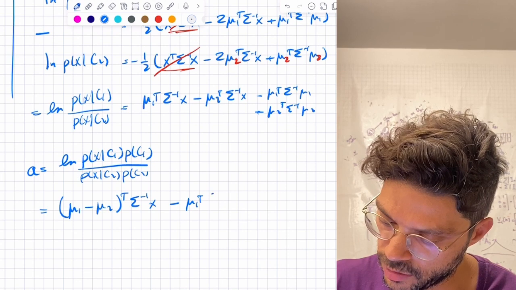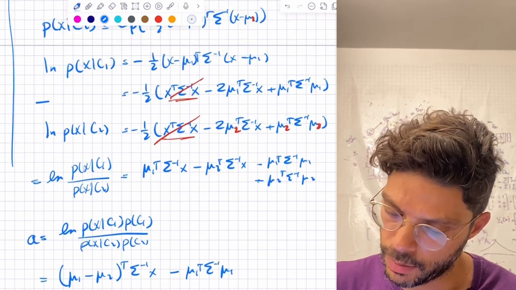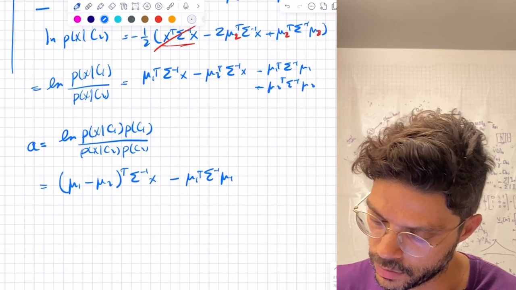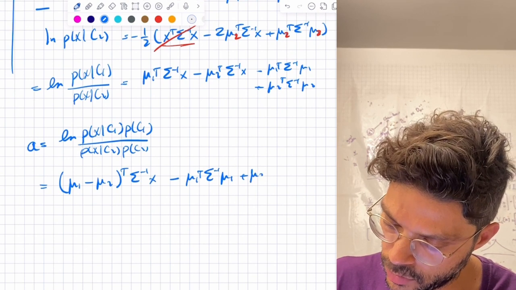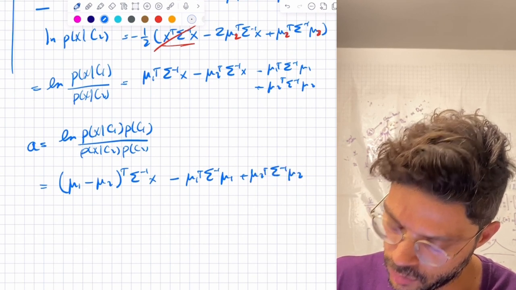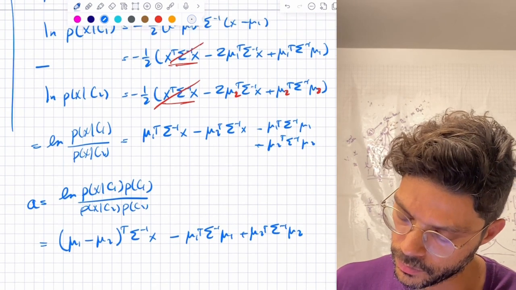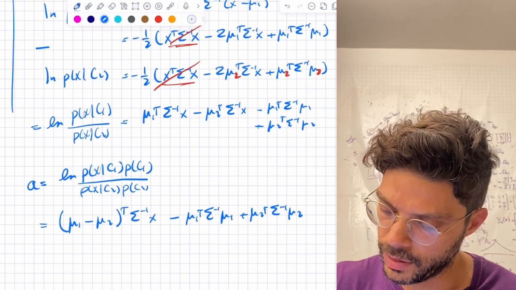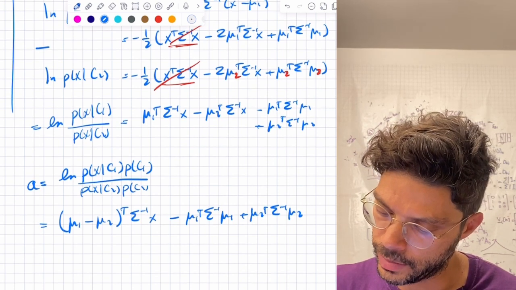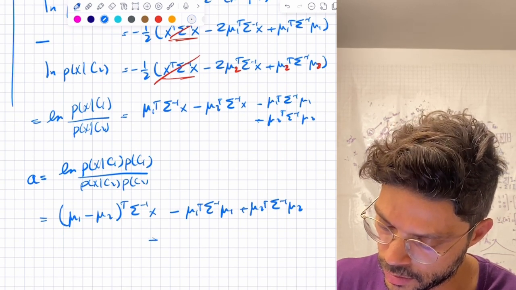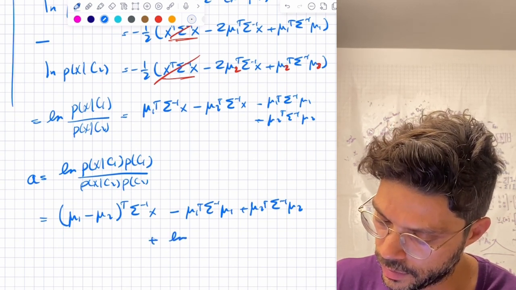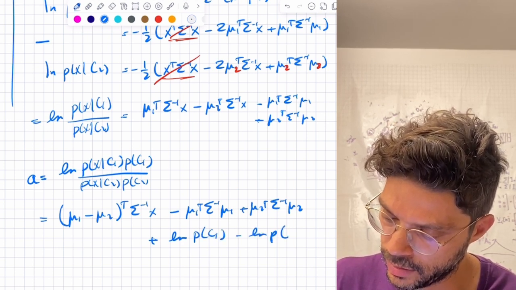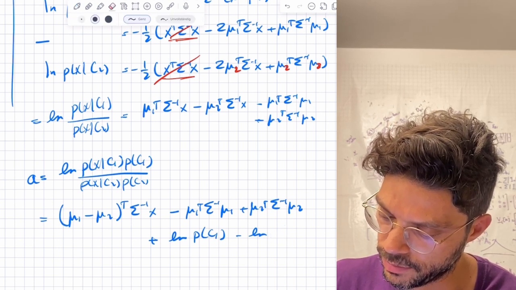Minus mu1 transpose sigma minus 1 mu1. I'm just double checking, did I have all of the signs right? Yep, the signs look correct. Plus mu2 transpose sigma minus 1 mu2. Very good. And then finally, we're going to be subtracting out... so it's going to be plus the ln of P(C1) minus the ln of P(C2). We will just write this as